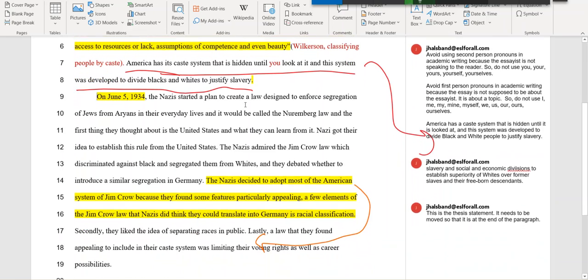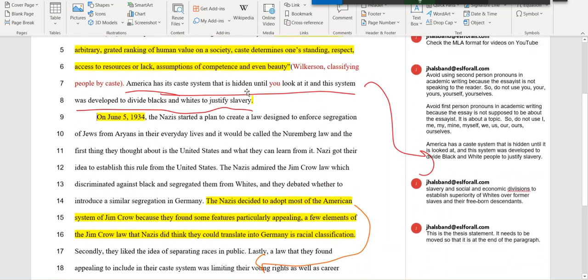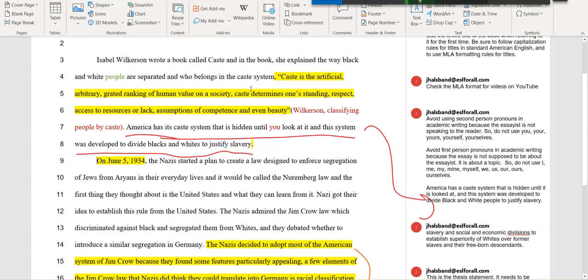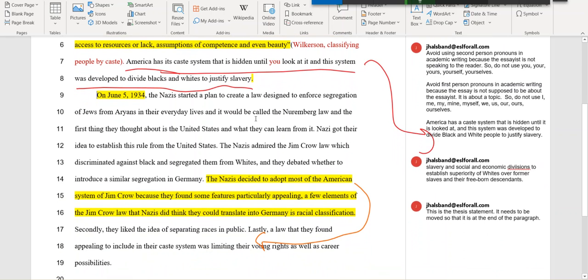So we have an introduction about what is caste. That's going to go down in your first paragraph. And the second paragraph, part of the introduction, will be